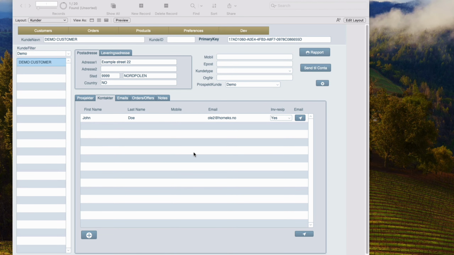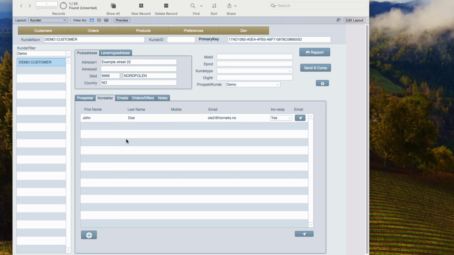Hello and welcome to this demonstration video of the email app with built-in ChatGPT support. This app is created in FileMaker and utilizes the ACF plugin. We begin with a small FileMaker application designed for demonstration purposes.